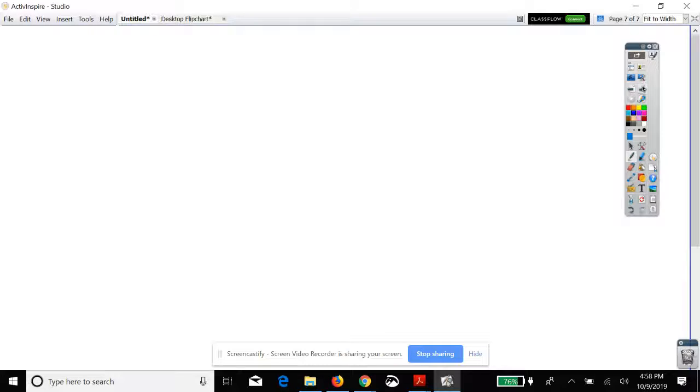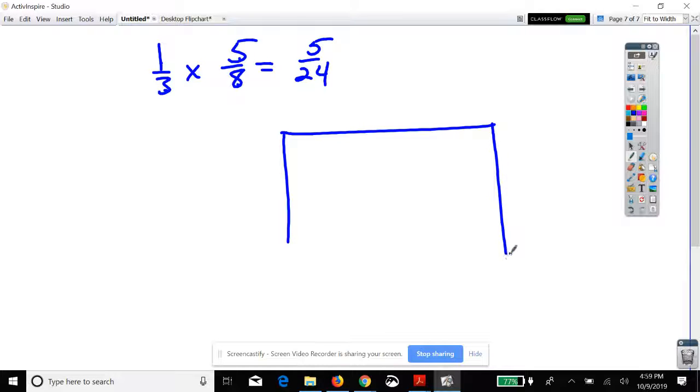And it also works with just fractions. If I had 1/3 times 5/8, now I didn't teach just straight fractions with the area model because it's easier to multiply straight across. 5 times 1 is 5, 3 times 8 is 24, so it's 5/24. But the area model actually gets a little more confusing on this because 1/3 is breaking this